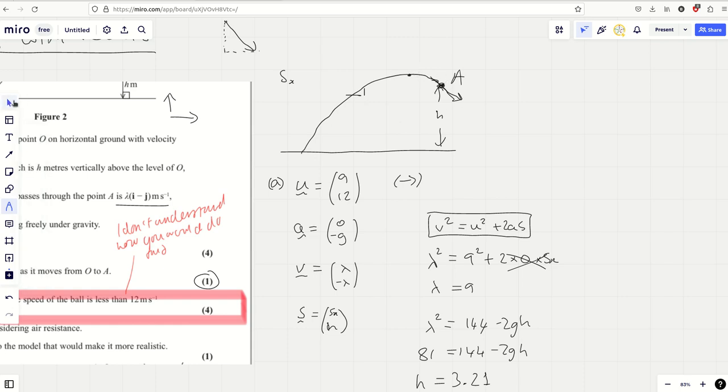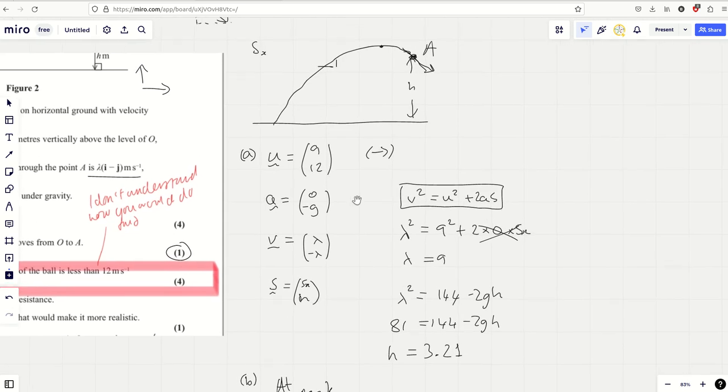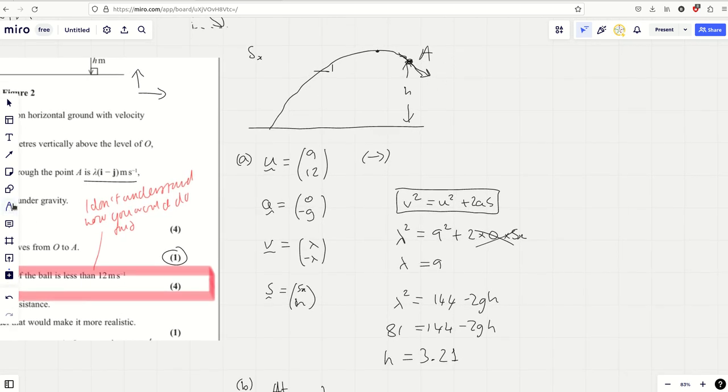And what was the speed actually when you get to A? Let's quickly work that out, because that might be useful. At A, the speed is, well, we worked this out as 9 minus 9, didn't we? And if you do the square root of 9 squared plus 9 squared, that's the square root of 162, which is 9 root 2. I'm trying not to use a calculator, but clearly 9 root 2 is like 12.7